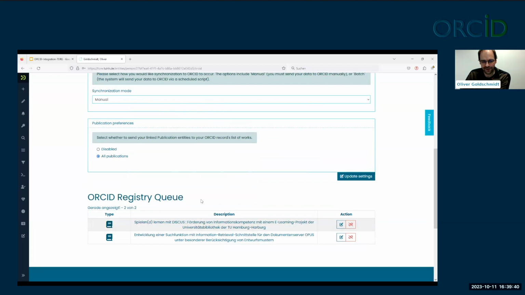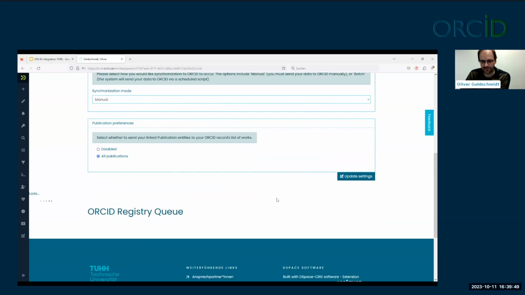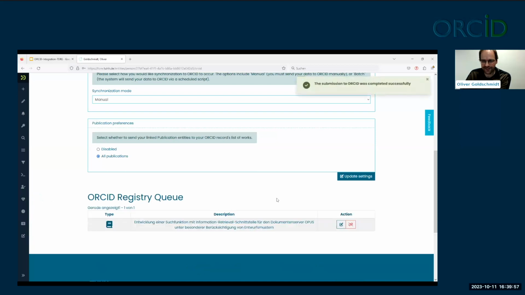And I have the registry queue where I see which publications I can push right now. I can do that just for demonstrating that. Might take a short time, but then the submission to ORCID was complete,